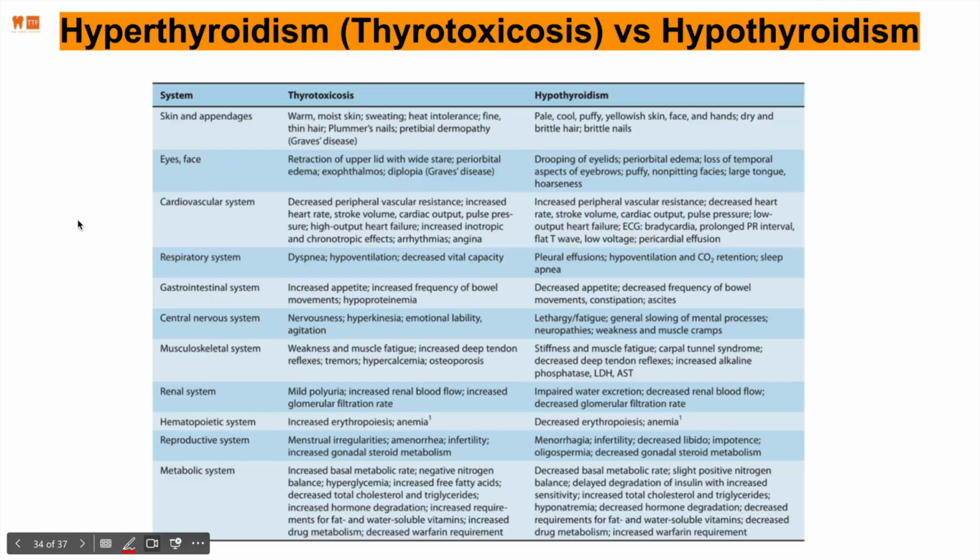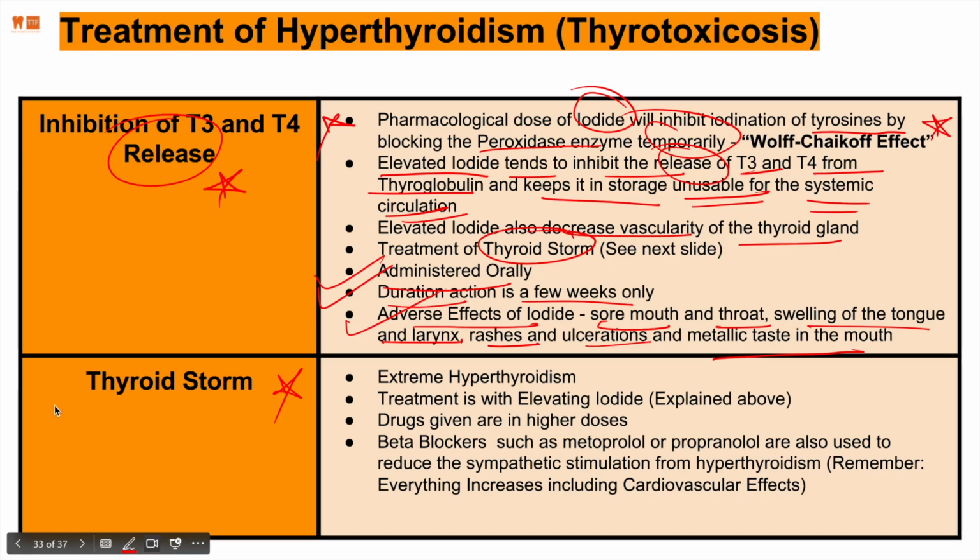Okay, and then let's finally just talk about thyroid storm. Thyroid storm is extreme thyrotoxicosis, hyperthyroidism. Treatment is elevating iodide, like we explained above. It blocks two different locations. Drugs are given in higher dose, of course. Other beta blockers such as metoprolol and propranolol are also used to reduce the sympathetic stimulation from hyperthyroidism. Remember,